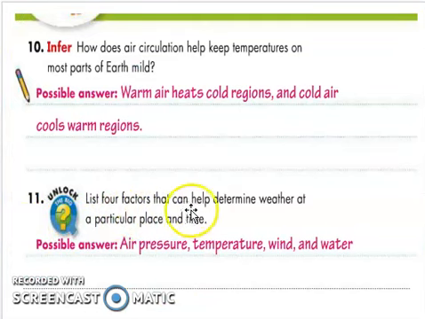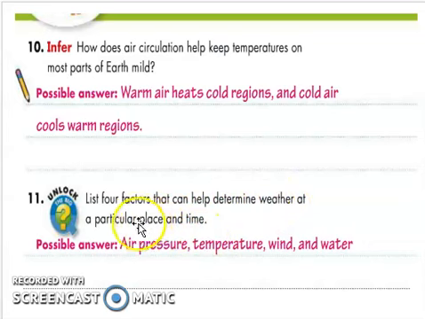Now next, number 11. List 4 factors that can help determine weather at a particular place and time. Okay? A possible answer, though you could answer your own: air pressure, temperature, wind and water. Because these 4 factors determine the weather, at the same time, you need to determine it by time and by